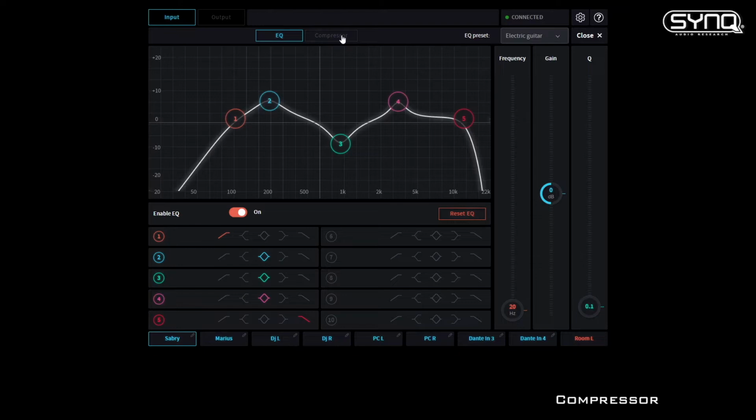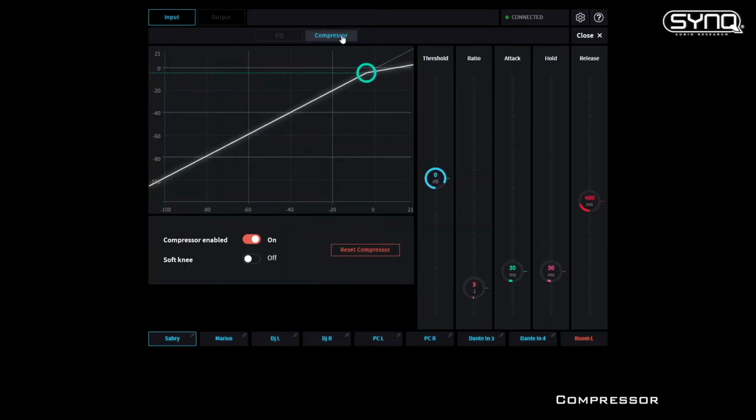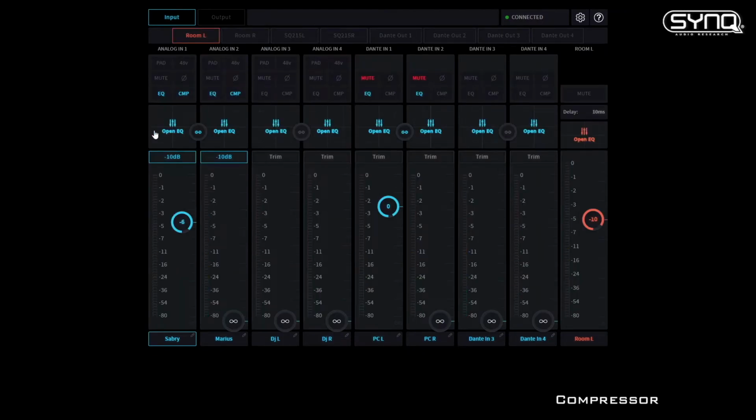And then if you want to access the compressor limiter, you just need to click here, and you can set the compressor limiter. It's enabled, so you can change the level. You can set the soft knee this way. You can change the compression ratio, attack, hold, and release. So it's a really nice sound compressor. And you can obviously enable, disable it, or reset the parameters. Let's close this.